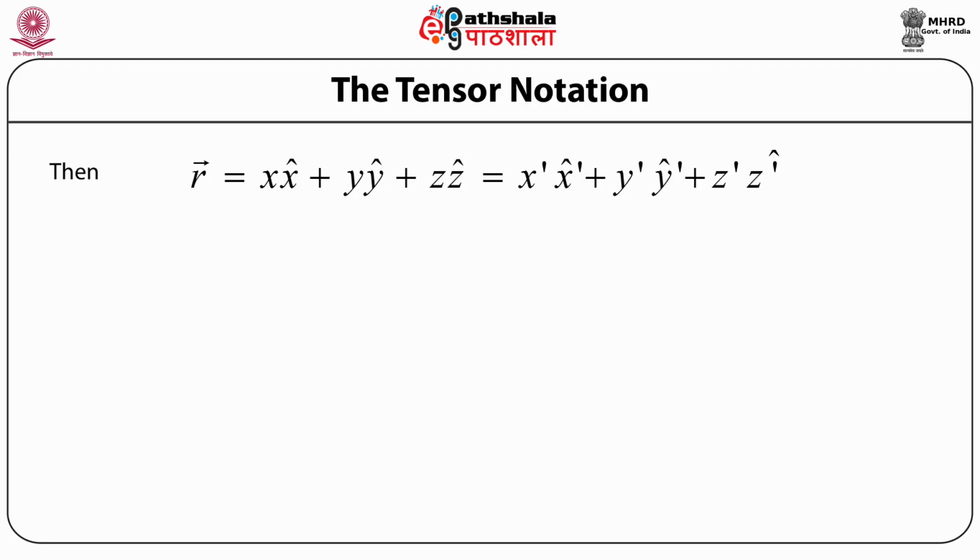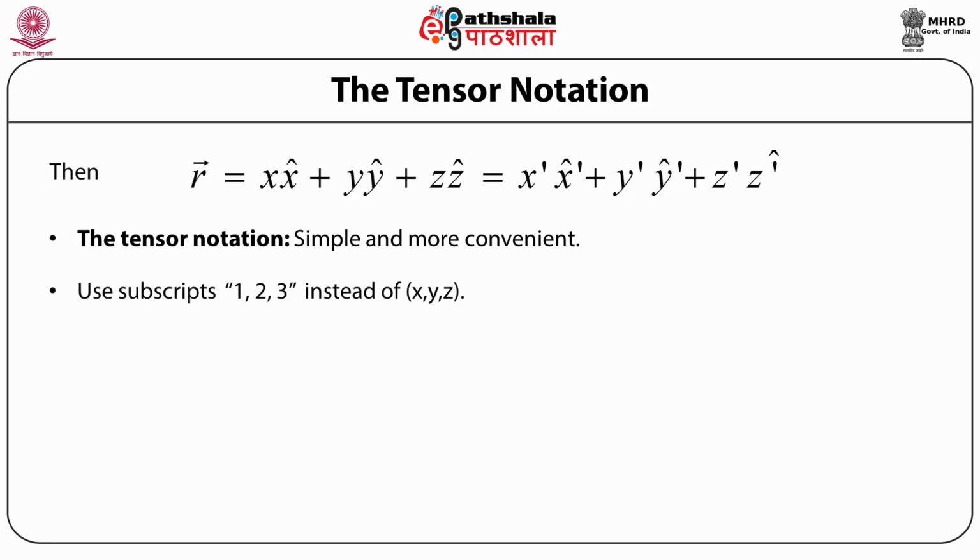However, this rotation gives us another representation of this position vector, and we can have many such multiple representations of the position vector depending upon different rotations. So a more convenient and simple way of expressing the position vector in terms of the unit vector is using the tensor notation, where we use the subscripts 1, 2 and 3 instead of x, y and z. And the unit vectors in the tensor notation are denoted by unit vector e subscript 1, e subscript 2 and e subscript 3,